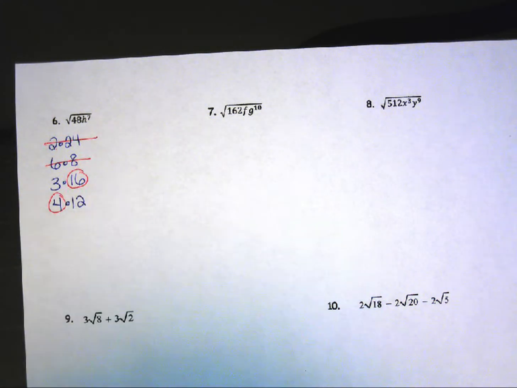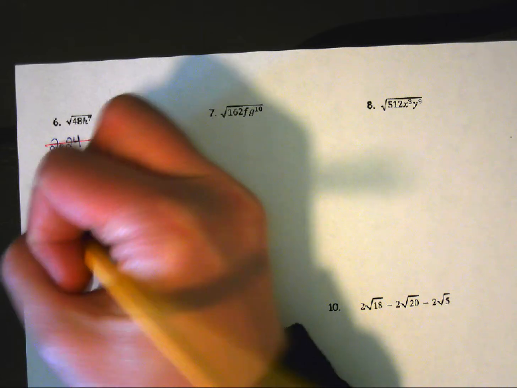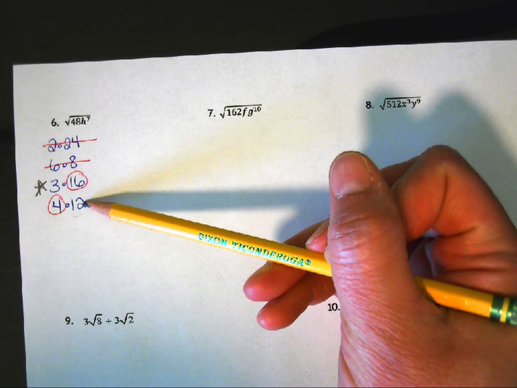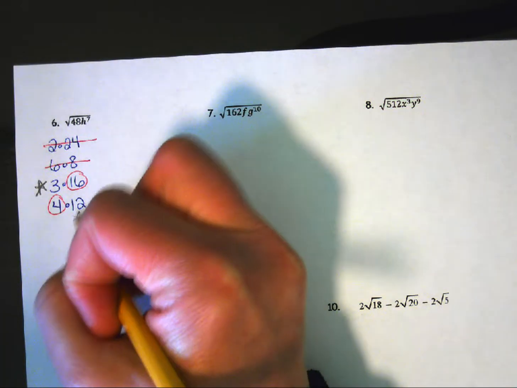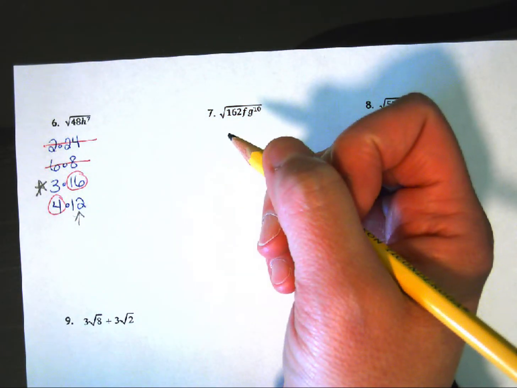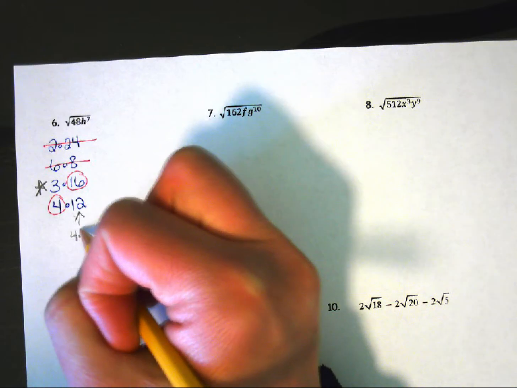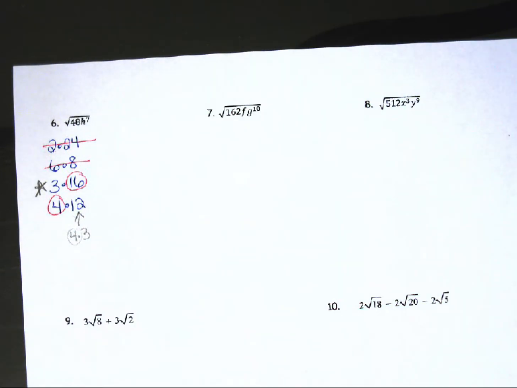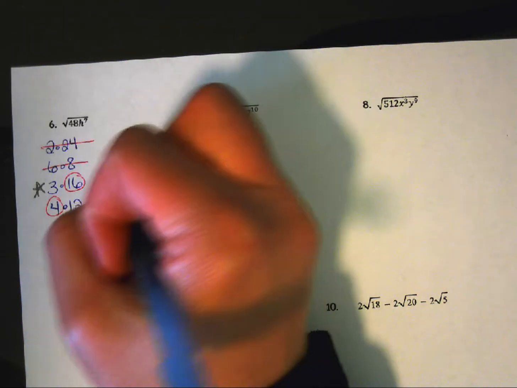So I'm going to show you this option first, but I will also show you this, but it's much, much more complicated because what's inside of 12? 12 is also 4 times 3. So do you see how there's a double perfect? So I will show you that combination, but it is harder, okay? So let's go with the